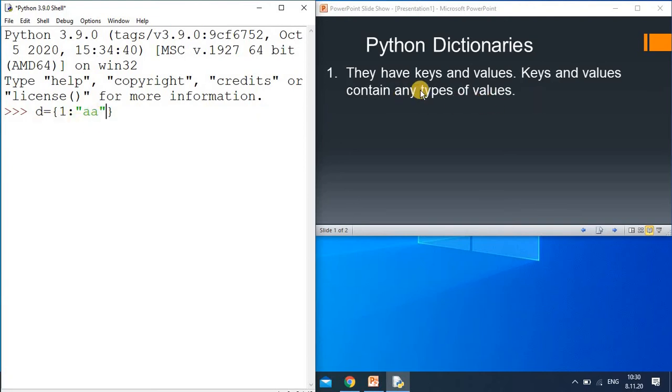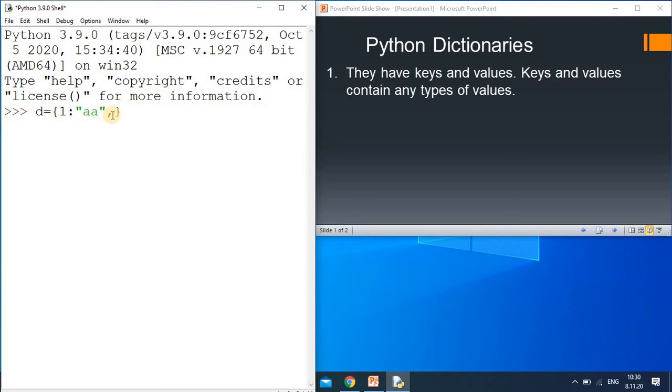So I have written here that keys as well as values can contain any types of value. It can take a decimal point, so in place of 1 you can write 1.1, or in place of 1 you can write "AA" in double quotes, any kind of value.